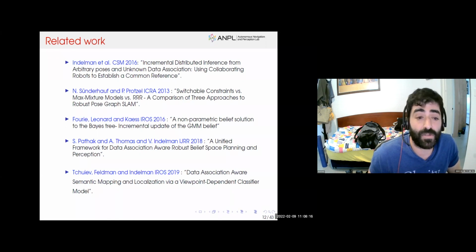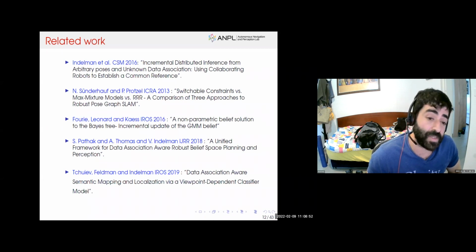direction of an incremental solution to address the exponential growth of the GMM of the belief, of the number of hypotheses as we go along the trajectory. They address this by updating the relevant nodes, which need to be updated in a Bayes tree. We should mention, though, that he assumed the probability of each one of the hypotheses to be the correct one to be identical. Pathak was one of the first to address this in the planning phase and took the aspect of relaxing the data association to planning.